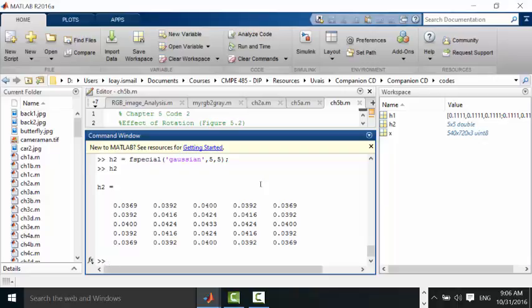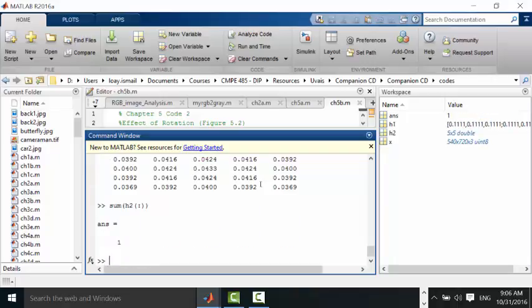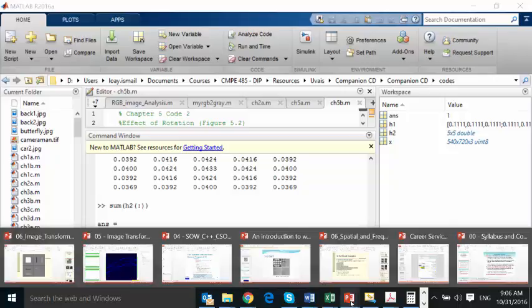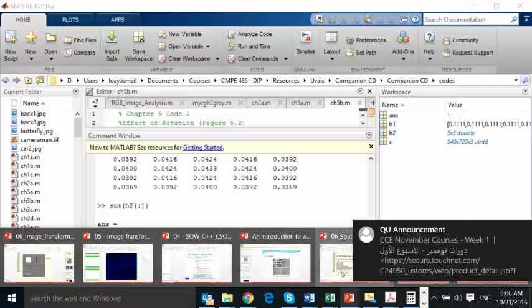What should be the result of adding all of these values together? Should be 1. Let's try it. Let's see here. We have the sum of H2. We need to prove this. Yes, it's 1. Okay. So this is the first thing. So here we have created these 2 special filters. Let's go back to the